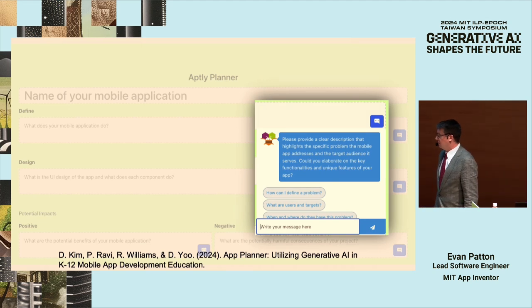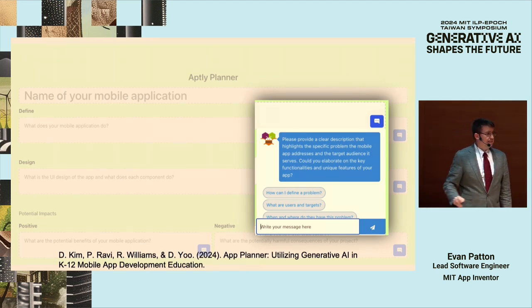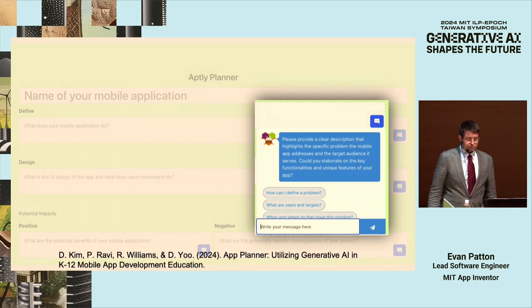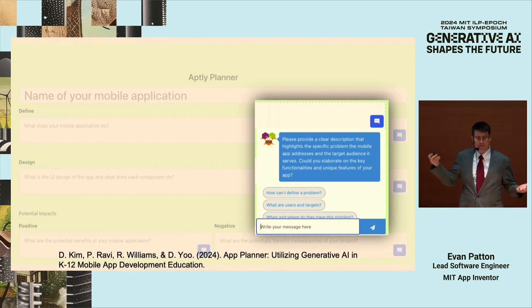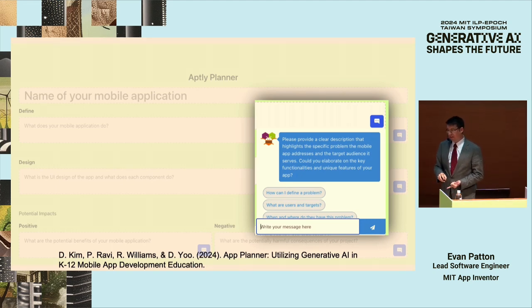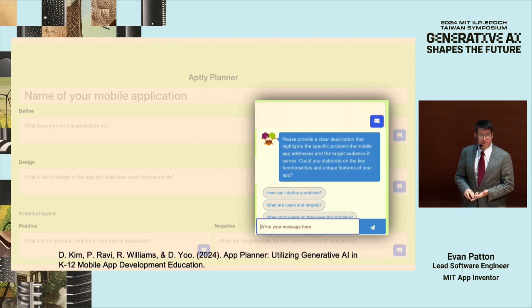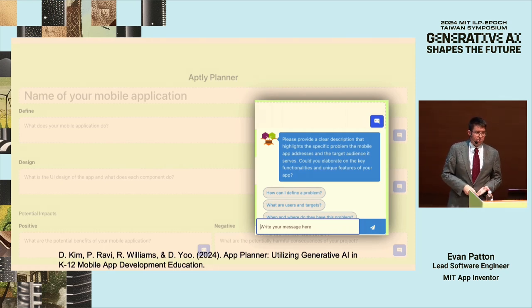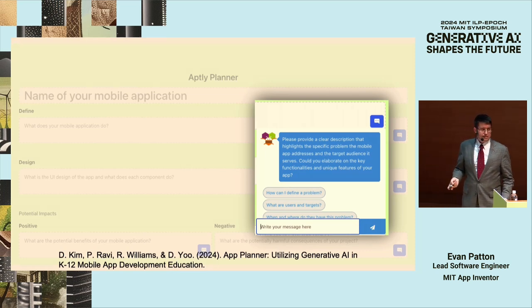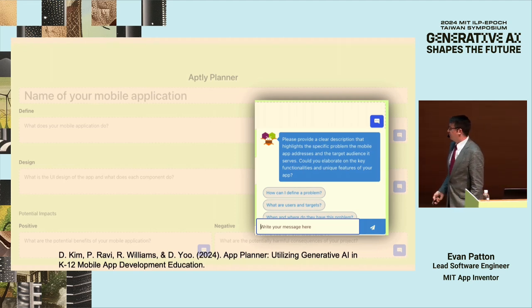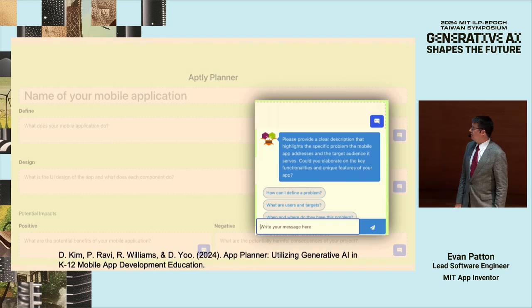And then the last thing we're thinking about with respect to using generative AI in app building is how you scaffold how the application works in terms of looking at your user base. Who's your target user? Students need to think about what is the pain point they're trying to solve for, and how many people are going to use this app. All of these different things can be used to help them scope what they're going to build. And then it will provide prompts that they can use in Aptly in order to generate the final application.